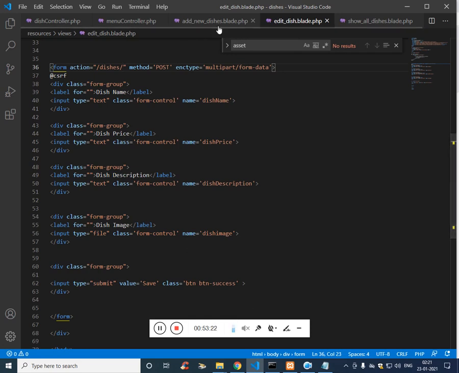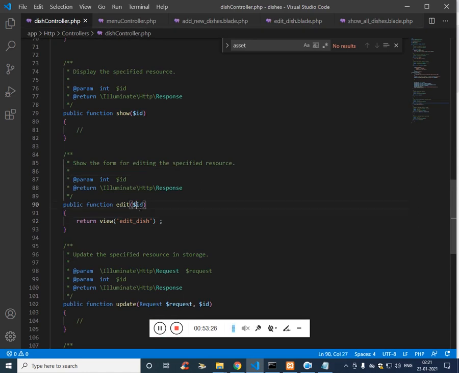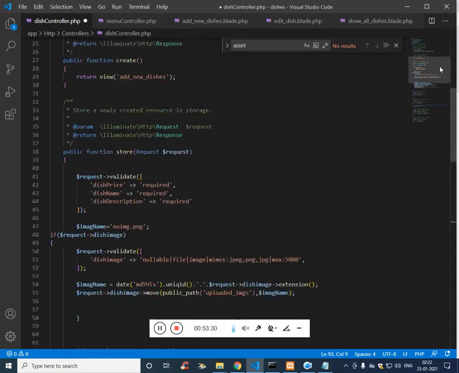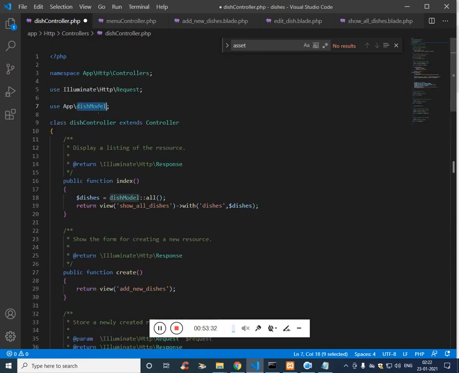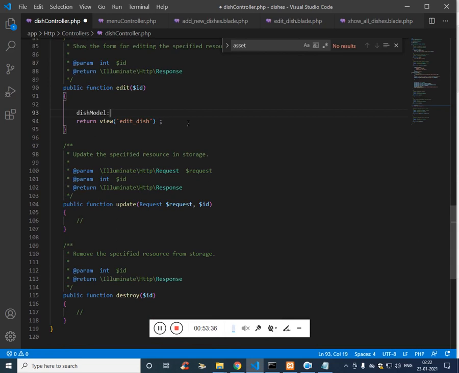So if you see, the ID is available. With the help of ID we can simply pass, get the model, and find the related column and store it into a variable called dish, and then pass this with the view.